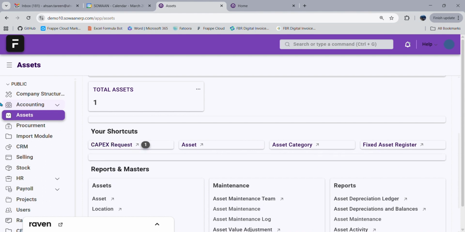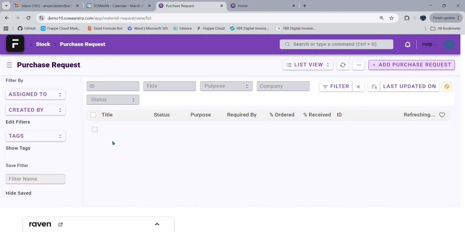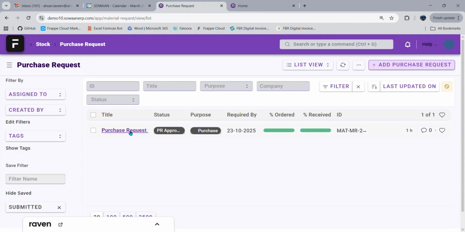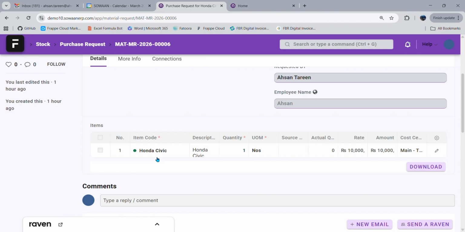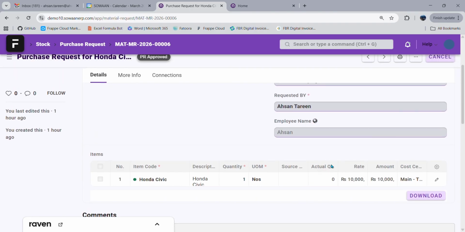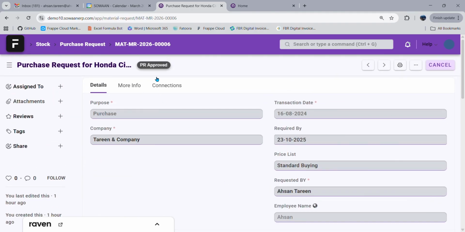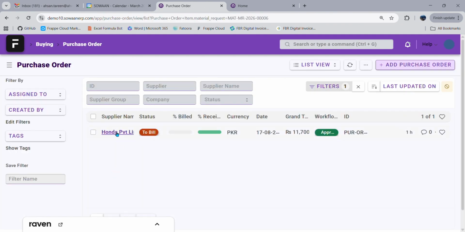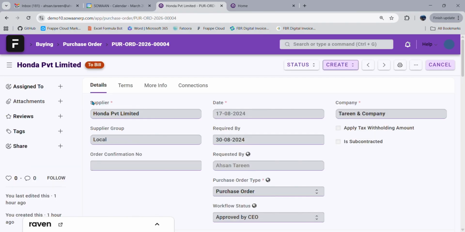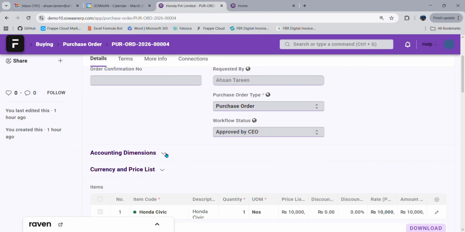So here in the asset module, you can see a capex request form is there, and a workflow is applied on this. Initially, you can raise this form with some credentials where I'm requesting a car, like a fixed asset with a value of 10 million rupees, and that runs on a workflow where the capex is raised, and then finally the PR is approved, leading towards the purchase order, and then the purchase order is going to be awarded to a particular supplier, and the same thing is